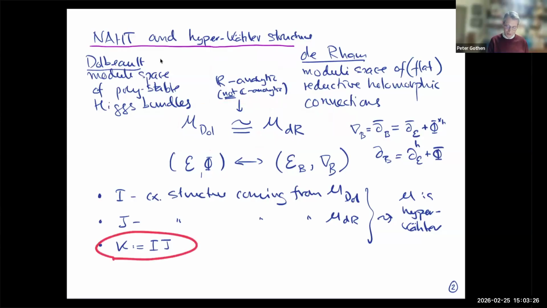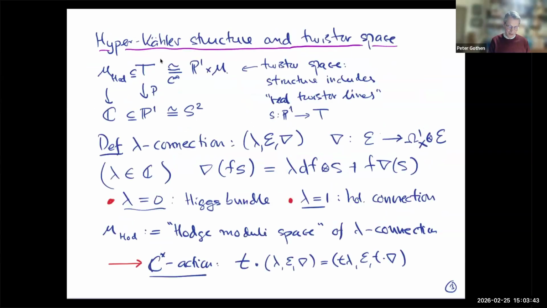You can multiply them and get a third one, and that gives you exactly the whole two-sphere of complex structures, which is involved in a hyperkähler structure. Of course, you also need the actual hyperkähler metric, which you can write down using that harmonic metric that I talked about. Okay, so there's a so-called twistor space construction associated to this hyperkähler structure, and I want to just quickly explain that because it's necessary for, or at least enlightens, the conformal limit construction. Okay, so what is the twistor space?